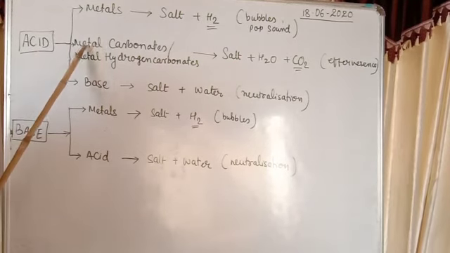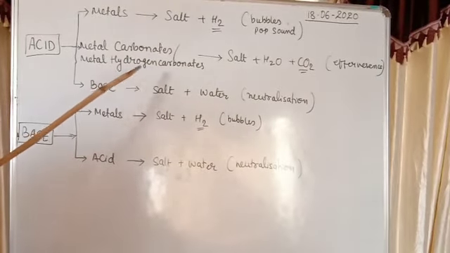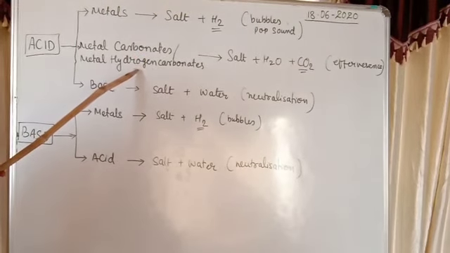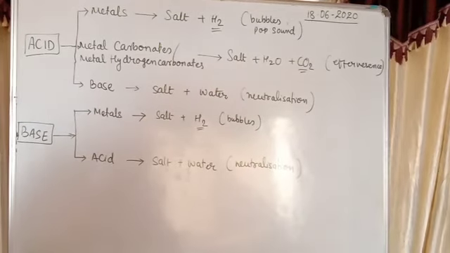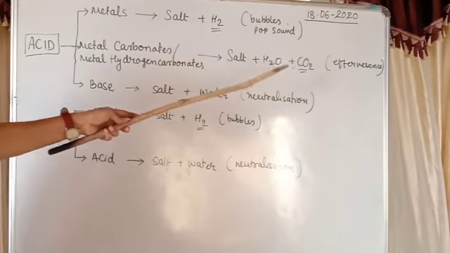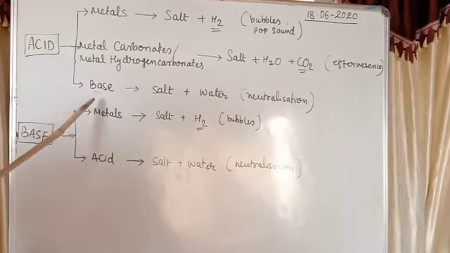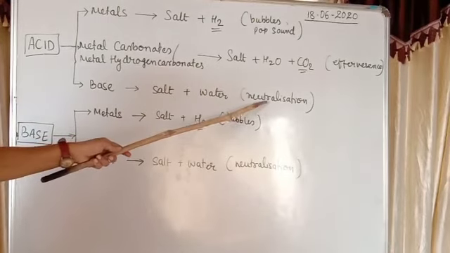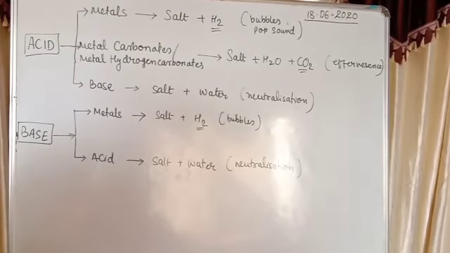Second one, acid reacts with metal carbonates and metal hydrogen carbonates. Yesterday we have taken Na2CO3 and here NaHCO3. What are we getting? Salt, water and carbon dioxide. How can we make out this? Carbon dioxide is formed, by observation of effervescence in the textbook. Now acid and base will give you salt and water. What do we say this reaction? Neutralization reaction. Base with metal carbonate, they don't show any reaction.